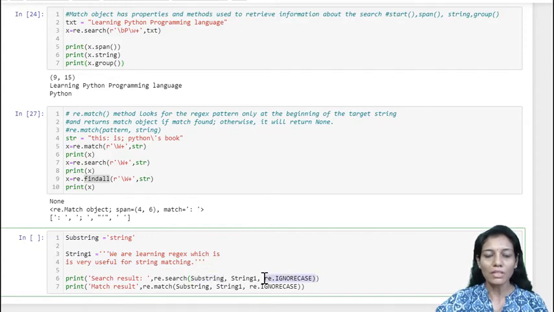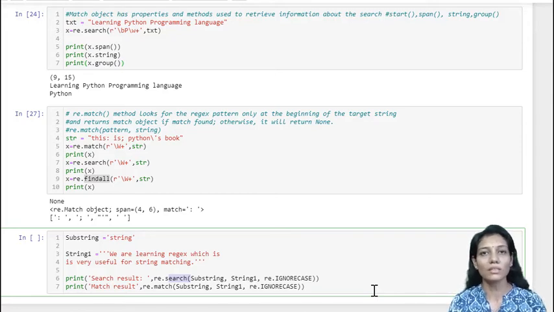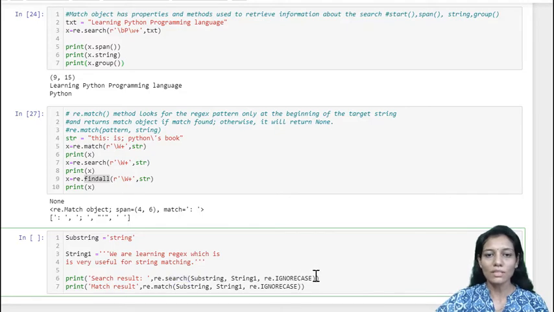And the last parameter which I have specified is ignore case, that is the flag we can give in order to indicate that it does not matter whether the substring is found in text is higher or uppercase or lowercase. So this is the flag we can specify in order to ignore the case, both in case of match and search. So now here what happens, that match also are given the same parameters, but we'll see the output and we'll try to understand the difference.